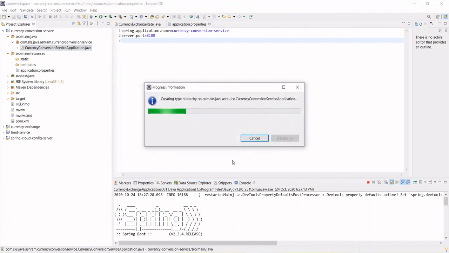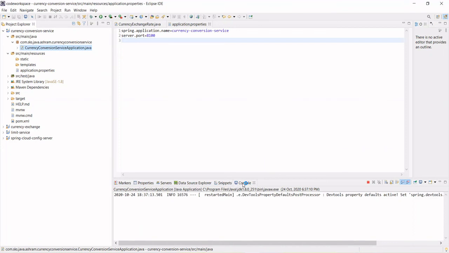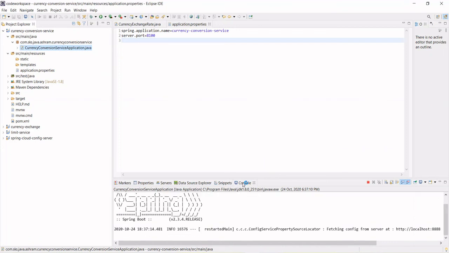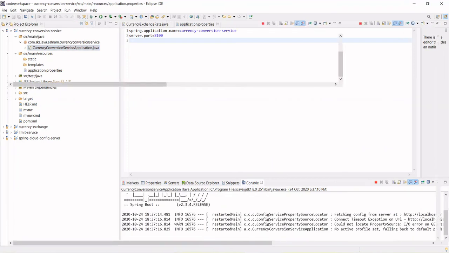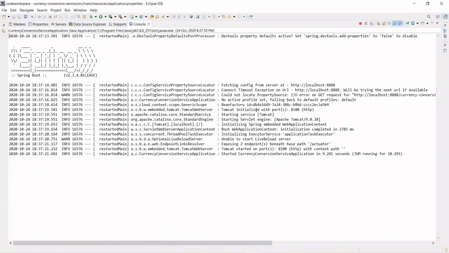Let it run. Okay, see, Tomcat initialized with port 8100. This is the port we had assigned in the application.properties. Now Tomcat started on port 8100. So it looks okay so far.